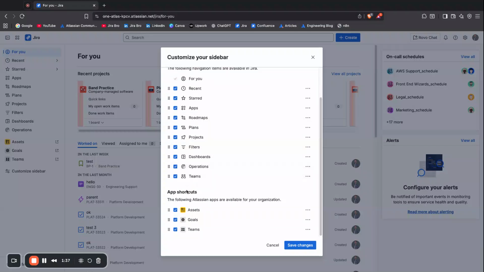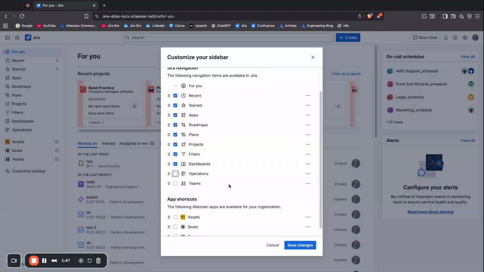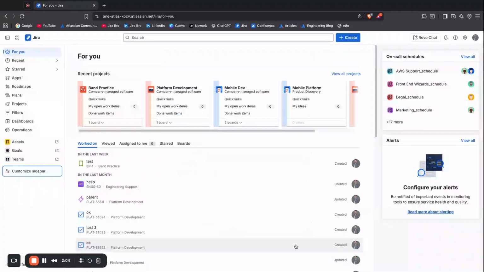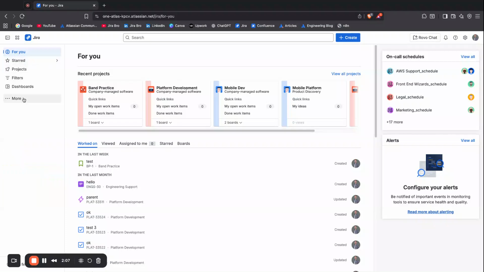So for example, you don't need teams, you don't need goals, you don't need assets, you don't want to see operations, you don't care about plans, roadmaps, let's say apps. So you want to be looking at not even recent, what is starred to you, the projects, filters, and dashboards. No problem. Save changes and all of those things are actually gone. And everything that you have starred, for example,